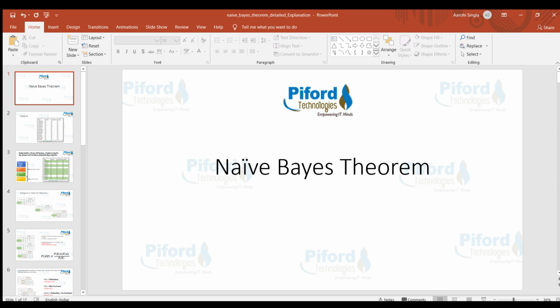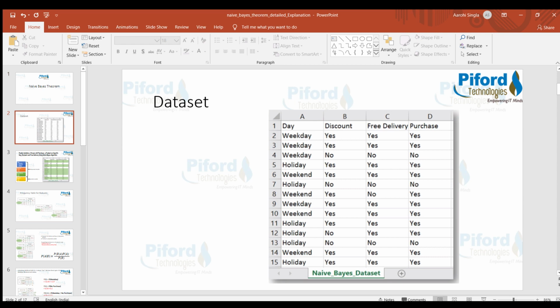Naive-Bayes theorem is used in the Naive-Bayes algorithm, and using Bayesian theorem we can calculate conditional probability. That means we can use the probability of one thing to predict the probability of another thing. And I'll explain this conditional probability Bayesian theorem with a proper practical example. So let's see. This is the data set on which I'll be applying this Bayesian theorem,